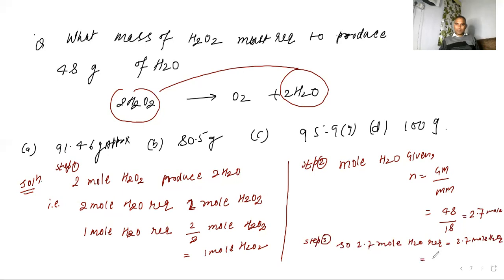We have 2.7 equal to given mass over the molar mass of H2O2, which is 2 plus 32, so 34. And then 2.7 times 34 is